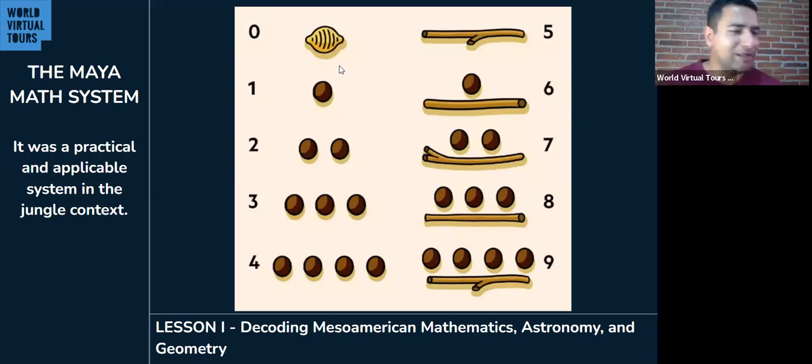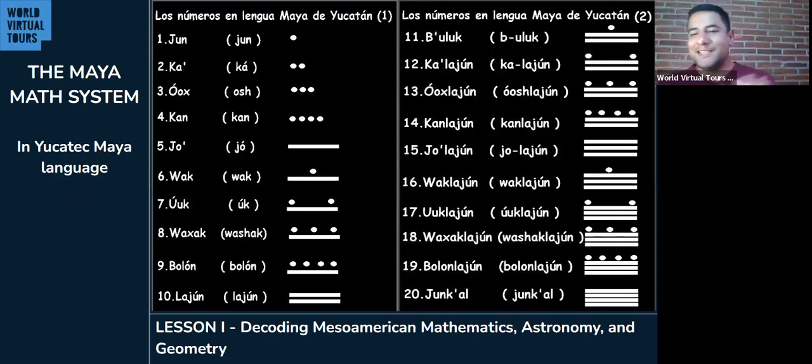The numbers here with the seashells. Or you can also draw easily on the ground of the jungle. Let's say this is not a language class, but these are the Maya numbers in the original language, at least in the current Yucatan Maya language. I will read them for you, just for this lesson to be more diverse and